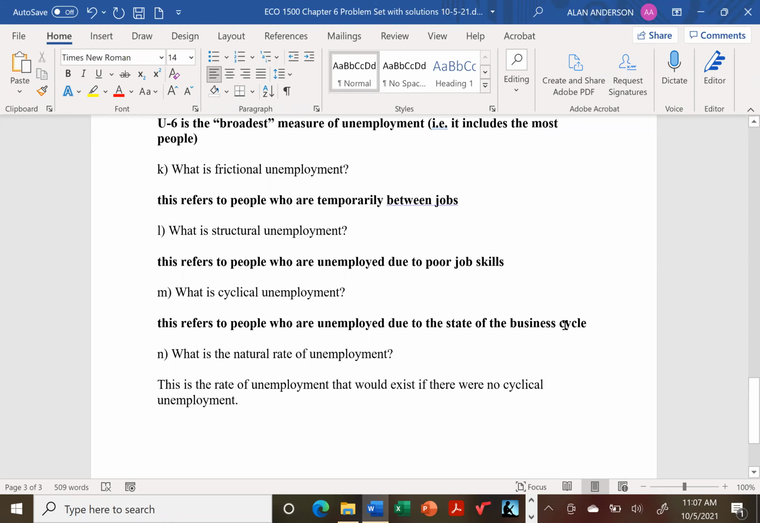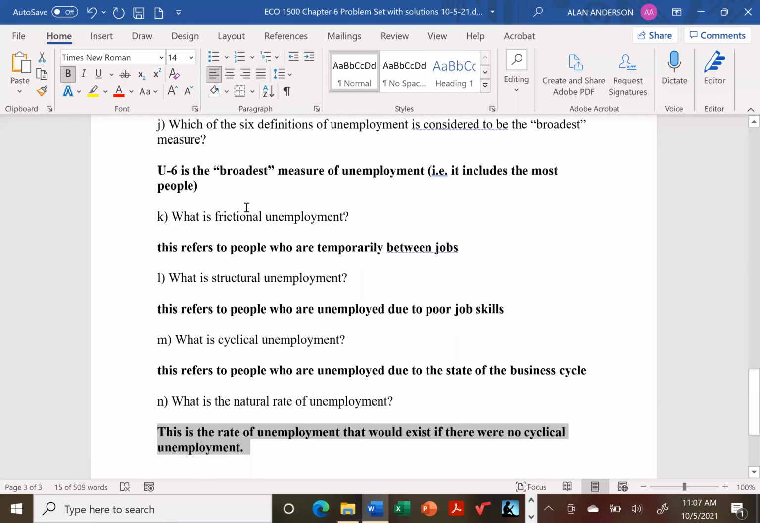Okay, so when cyclical unemployment goes down to zero, what's left is all frictional and structural. The sum of those two is what we mean by the natural rate of unemployment. And I'm not sure why they call it the natural rate. I mean, essentially what it's saying here is that this is as low as it can go